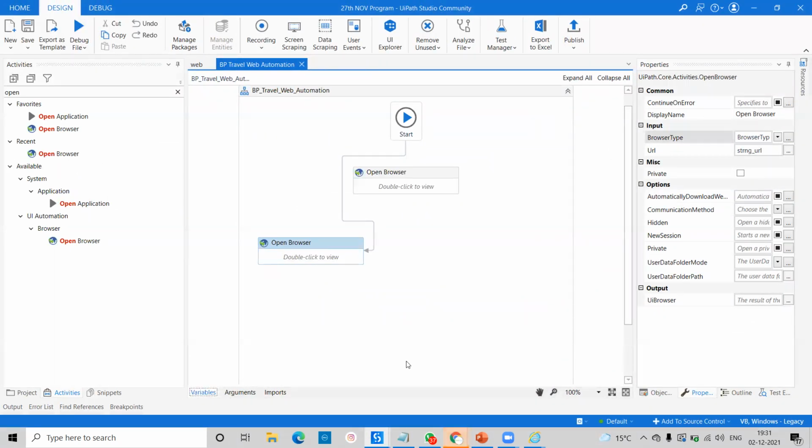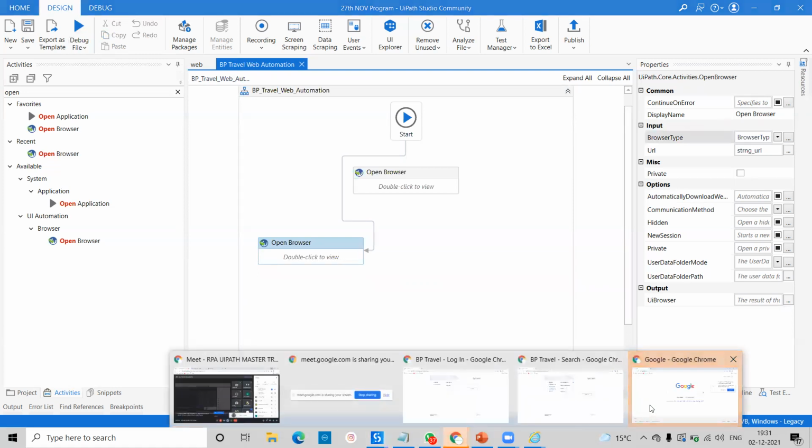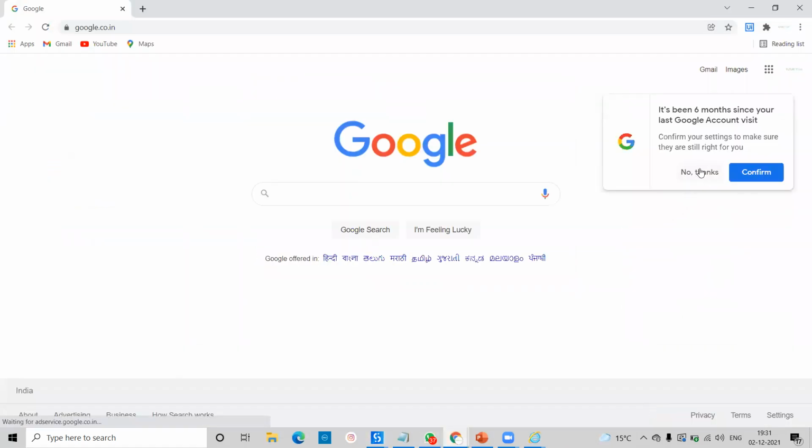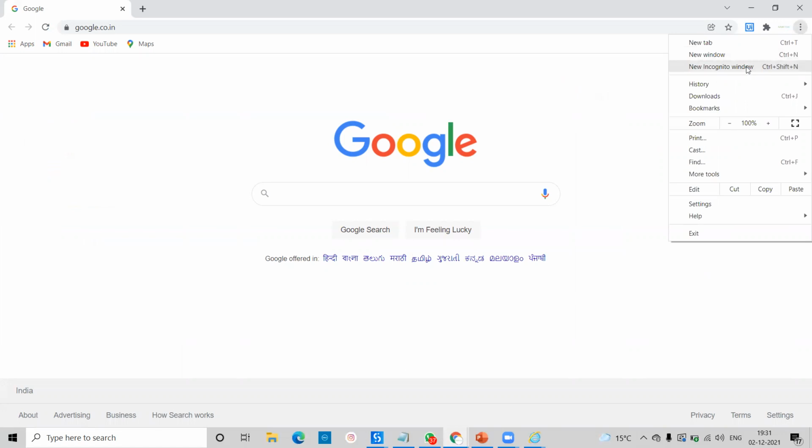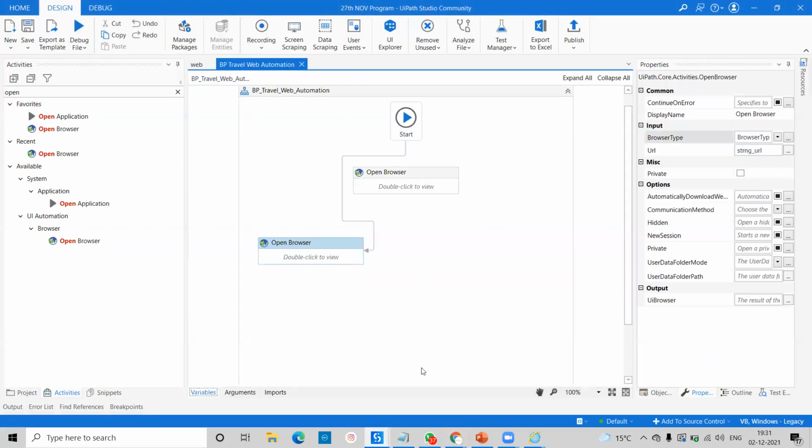Okay, so right now it's working fine. Again, what you do, we have to open these things in an incognito window. I'm talking about these things, new incognito. How to do it? It's very simple. You have to go inside this Open Browser, and in Open Browser, on the right side, we are getting this thing as Private. So we'll click on this Private.